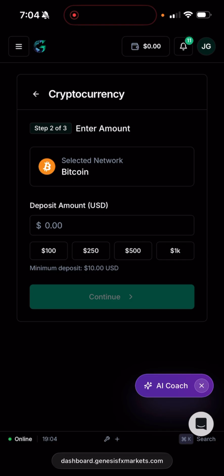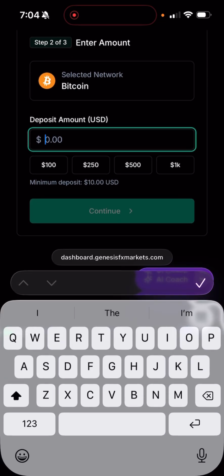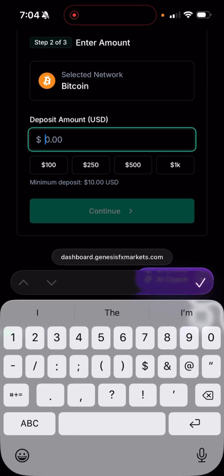Now, mind you, you put $50 in here. When you buy Bitcoin and send Bitcoin, there's fees. So you may only get like $46 deposited inside your account. So right here, we're going to put $50, and you can put as much all the way up to $1,000 in here, right? I have individuals putting $1,000 inside their broker account as well, but this is just for demonstration purposes only. $50, right? Click that